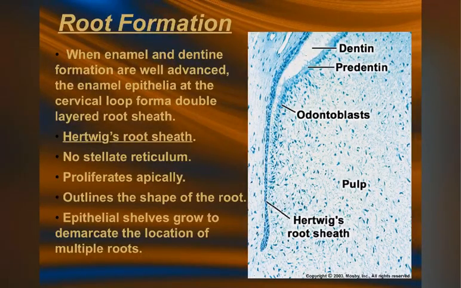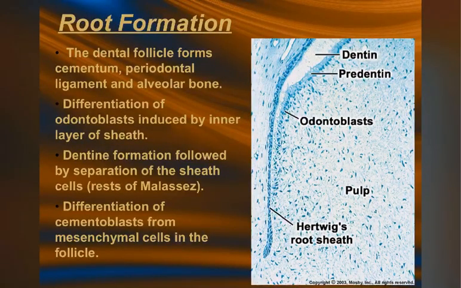Also, there is a layer called the hyaline layer. This hyaline layer is secreted by the Hertwig's epithelial root sheath itself. The dental follicle forms cementum, periodontal ligament, and alveolar bone. The inner investing layer forms the cementum, the middle forms the periodontal ligament, the outer forms the alveolar bone. Differentiation of odontoblasts induced by the inner layer of the Hertwig's epithelial root sheath takes place. Dentine formation is followed by separation of the Hertwig's epithelial root sheath. This is called the fenestration or the disintegration of the Hertwig's epithelial root sheath